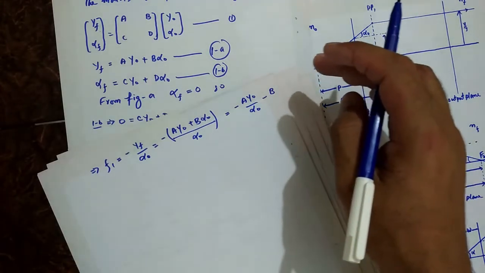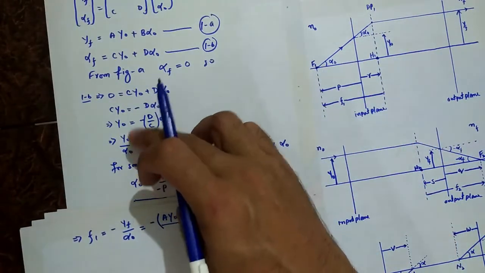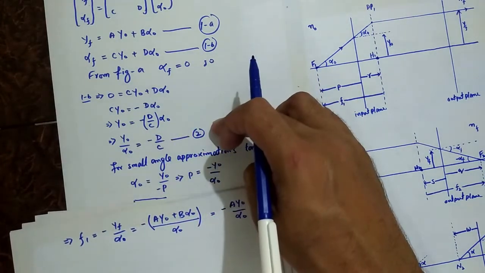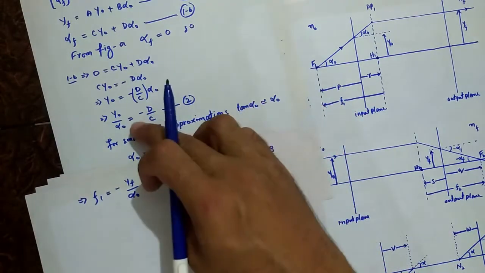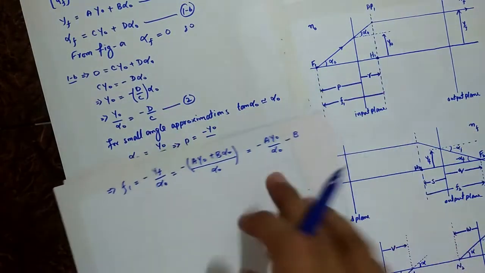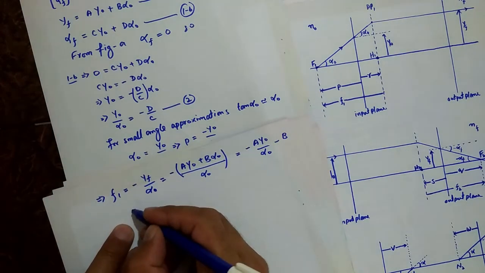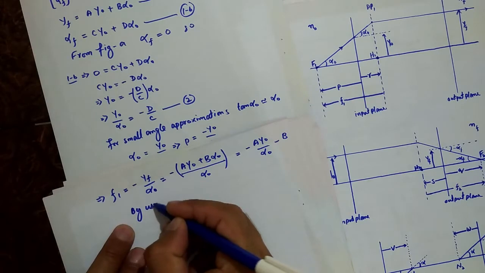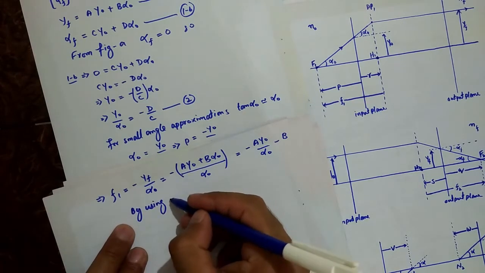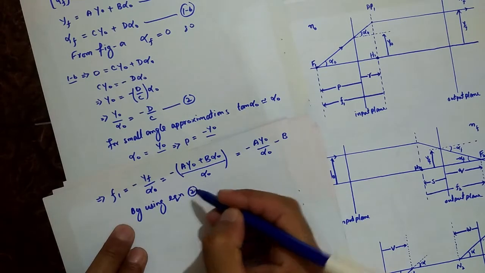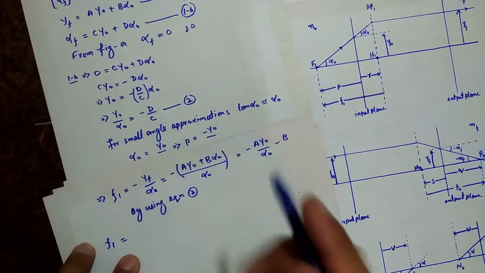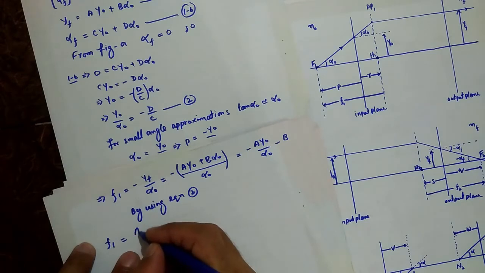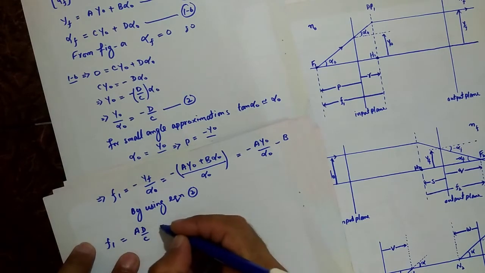And y naught over alpha naught, which we calculated in equation number 2, is minus d over c. So by using equation 2, this f1 will be equal to, the negative sign will become positive, so it will be a d upon c minus b,